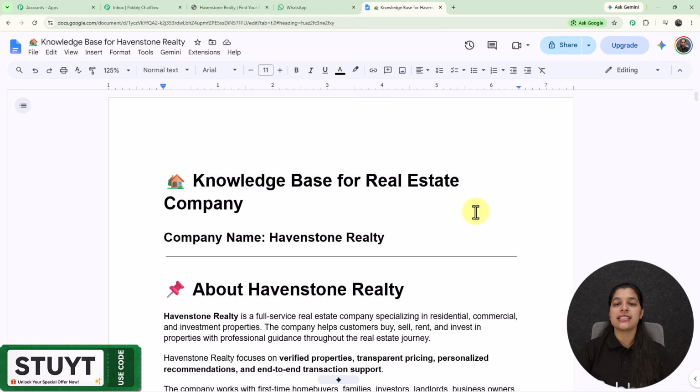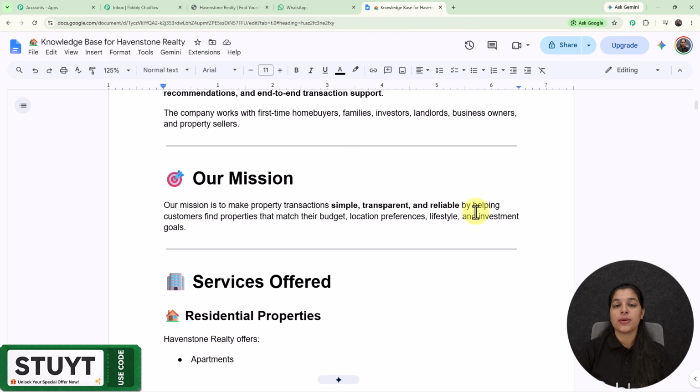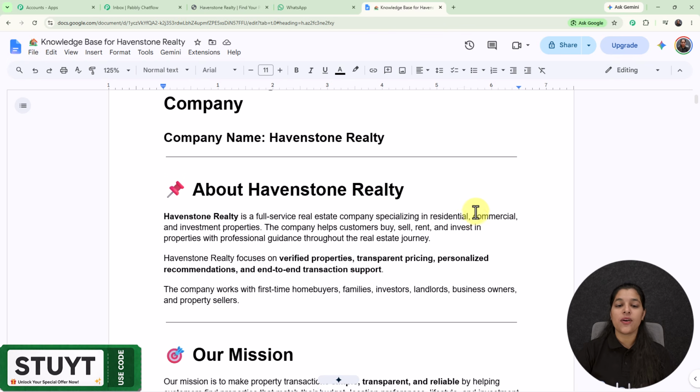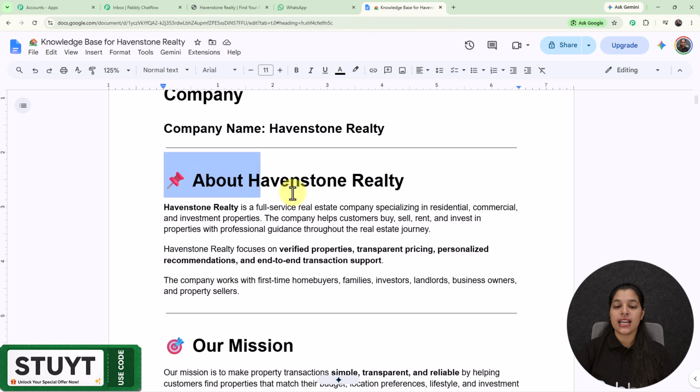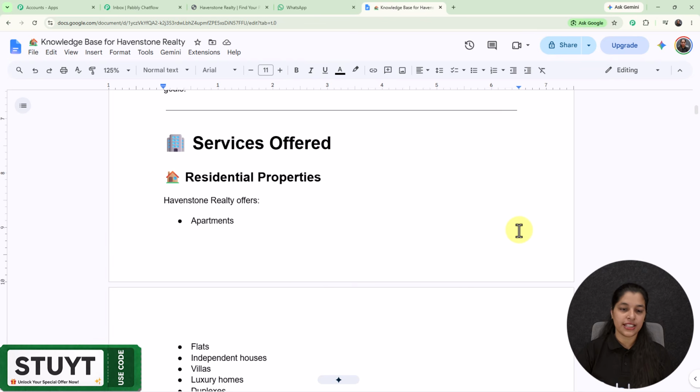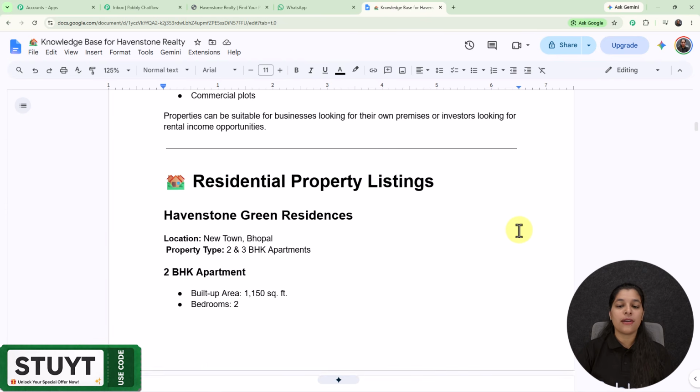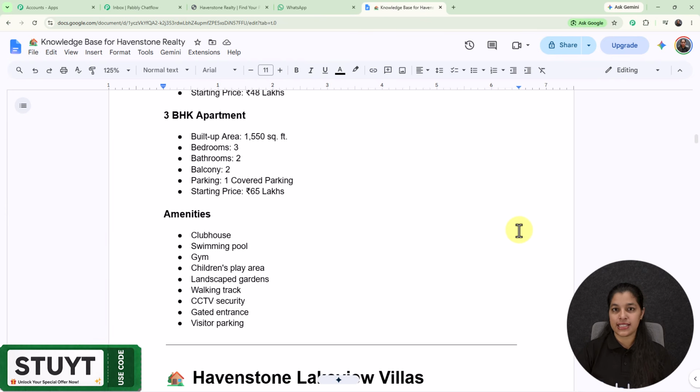So right here you can see that this is the knowledge base, basically a document containing the details of my business. And here you can see all the details of my business, and this starts with the business overview which will let my AI understand what my business is about and who my target audience is. And right here I have provided all my business details. So now my AI assistant is going to fetch the data from this knowledge base and resolve all the queries